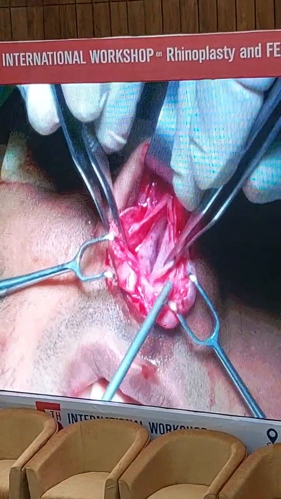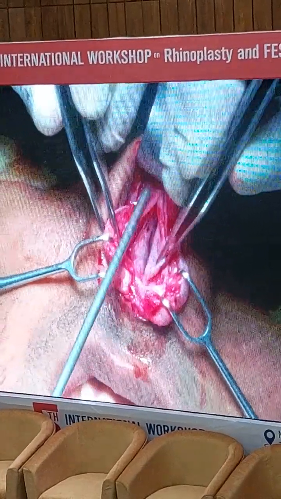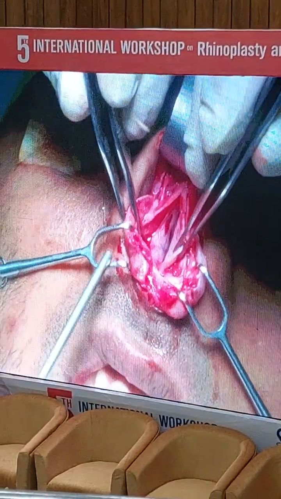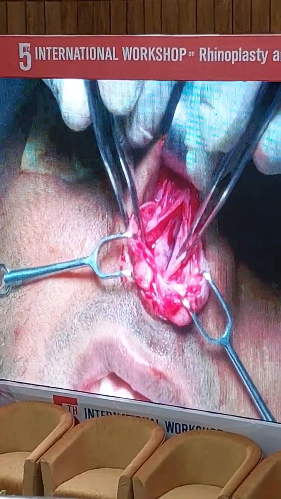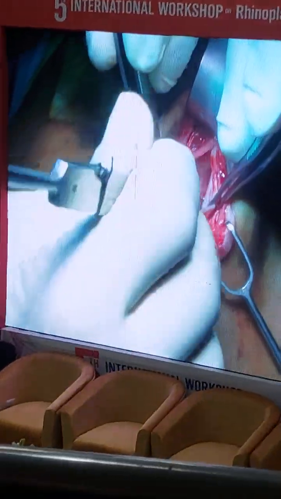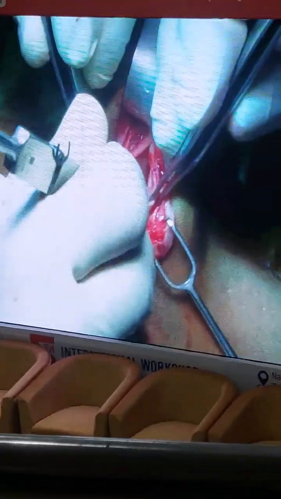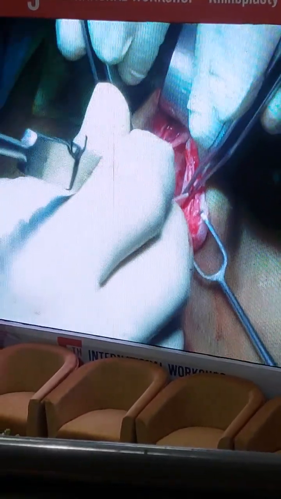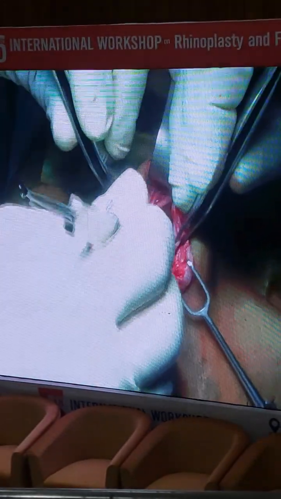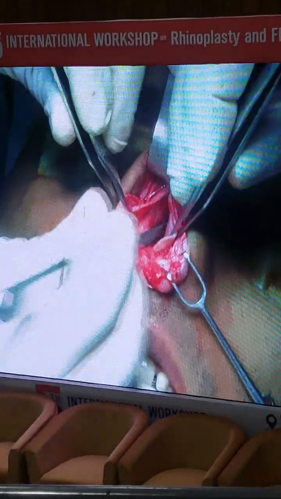But again, if you have a crooked nose and one side of the septum is concave and one side is convex, first you expose on the convex, because on that side you have the left side of the ear. Okay? You can use the Cilian's nasal speculum also.